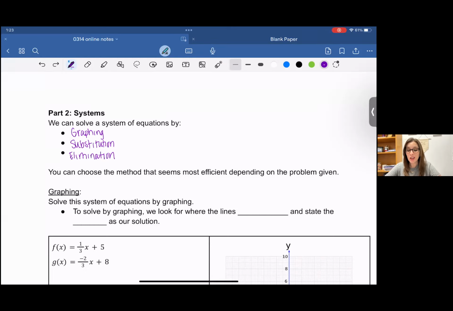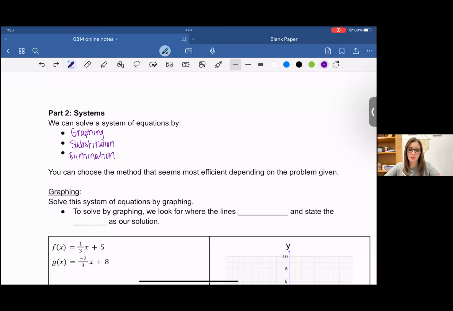Long story short, you can choose whatever method you want to use based on the information given to you. So depending on what's given to you, you might choose one over the other. It kind of comes down to personal preference. But it just depends. So like in this first example, we have graphing